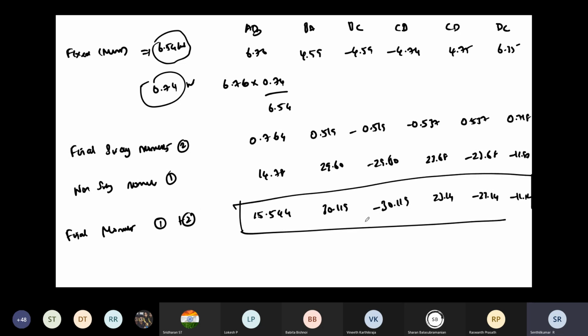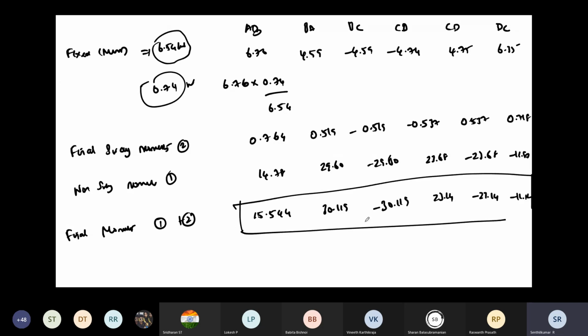So when you keep these values and find HA and HD again, it will be solved. Summation of H equal to 0 will come. If you keep this as the final moment and calculate, surely you will get summation of moment equal to 0. You can try it. That is the only way you can ensure that what you have done is correct or not. Using this final moment, find the horizontal reaction again and check if it is equal to 0. It will come as 0, you can try it.